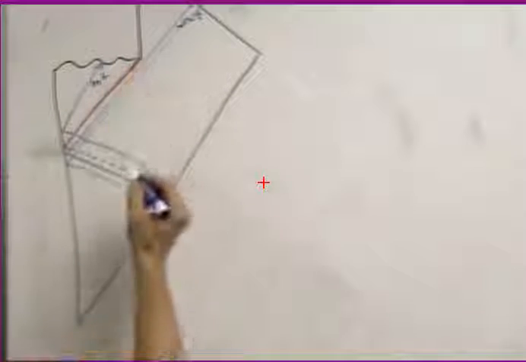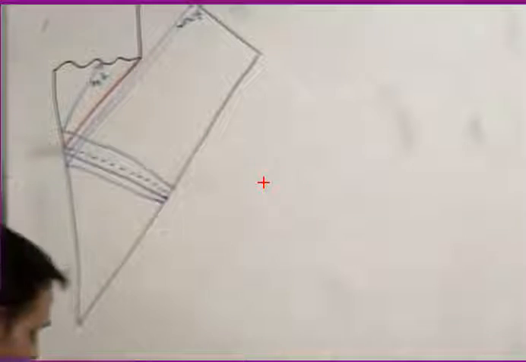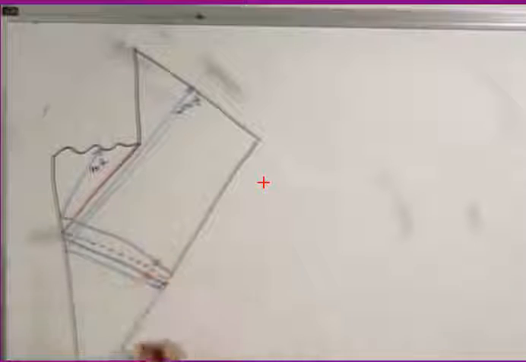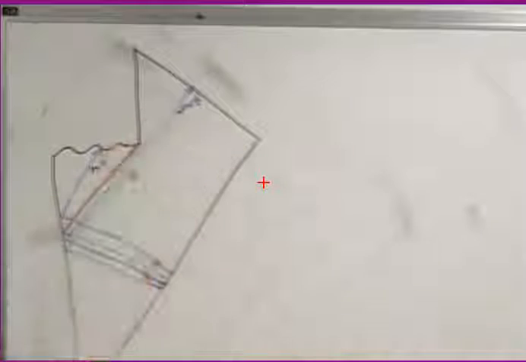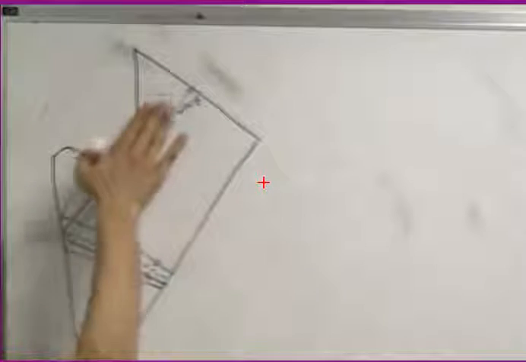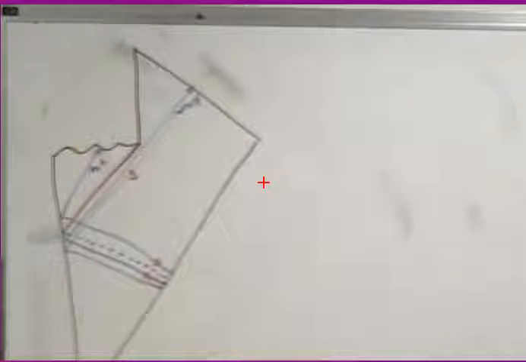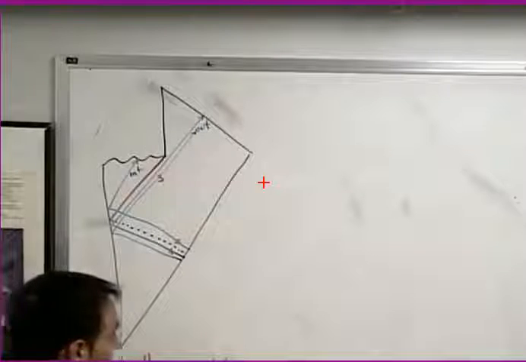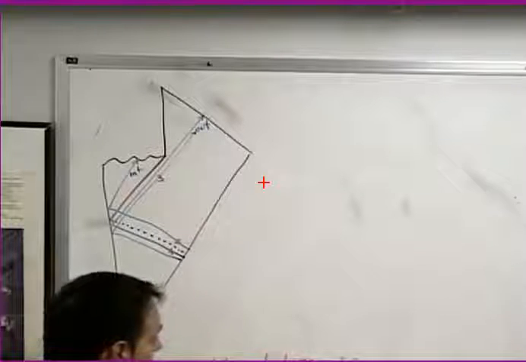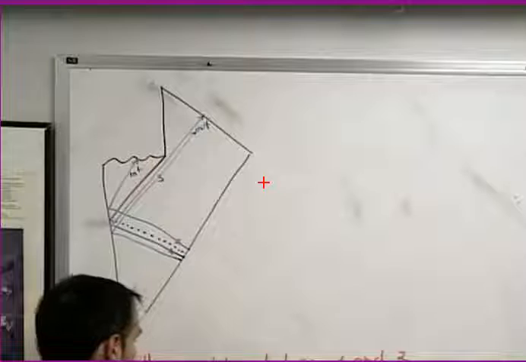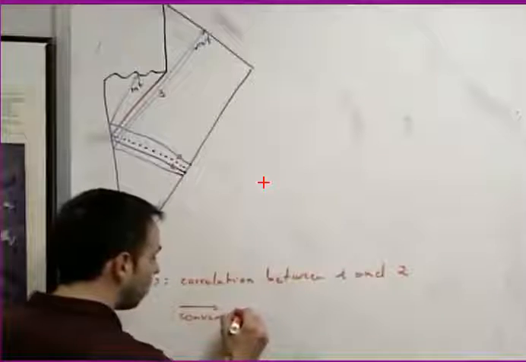If I was able to translate the correlation, say that mode 1 is correlated with mode 2, and this is another out mode, 3. If I was able to translate the correlation between 1 and 2 to 1 and 3, then the information would come out in Hawking radiation. So initially we have correlations between 1 and 2. So the idea is maybe we can convert it to correlations between 1 and 3.